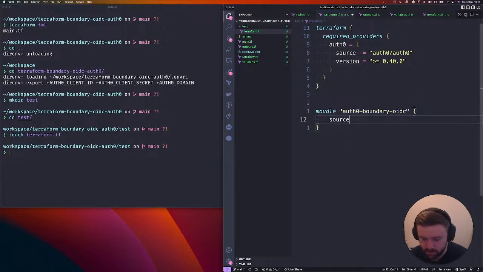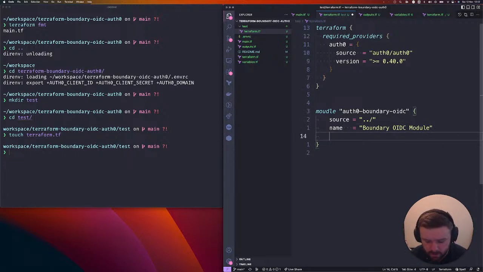I'm going to specify our source as the directory just up from us. And then we've got a few things in spaces. So we're just going to call this Boundary OIDC module. Description, we're not going to do anything. And then we're going to specify boundary URL,